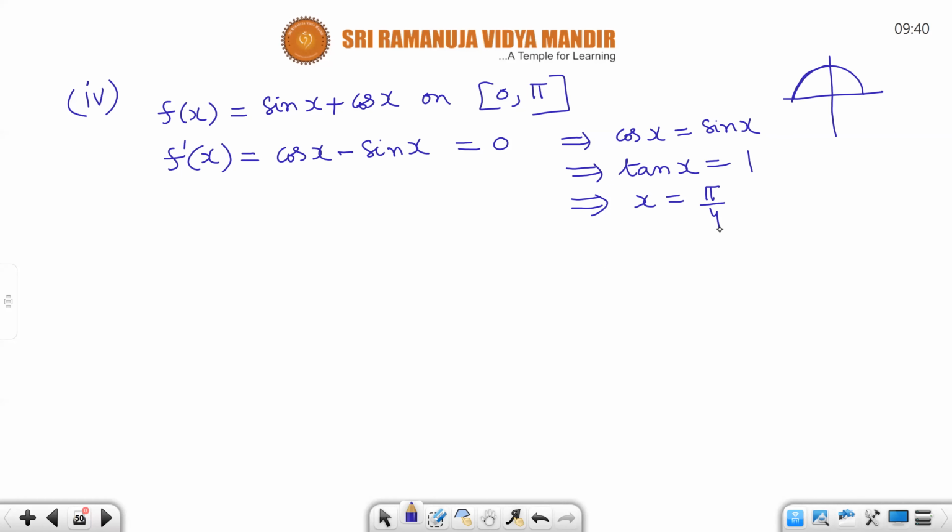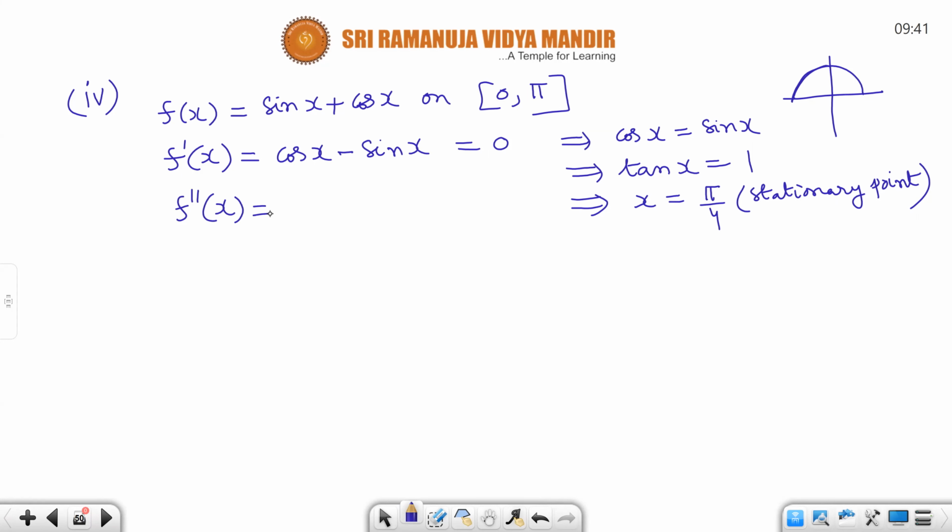Is it local maximum or local minimum? We have to find out. This is a stationary point. For this function, in the given domain, x equal to pi by 4 is a stationary point. Let us see whether it is a turning point also or not. So by taking the second derivative,